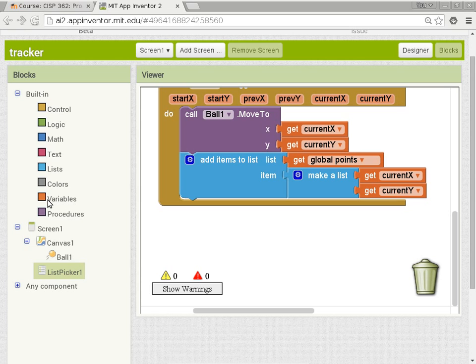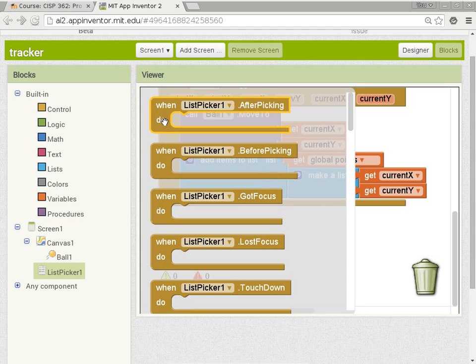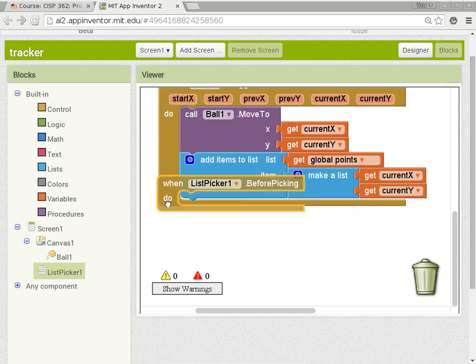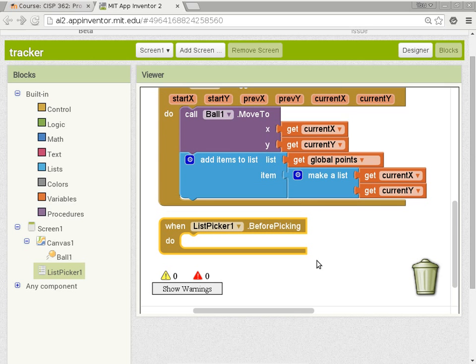Oh, musical chairs, yeah. It's kind of like that. It doesn't try to preserve the ordering of all the blocks that you have already set up and just beautify it, right? Just make it more square and have some space in between the blocks. It just says, okay, let me rearrange everything. I'll move everything around a little bit to make it fit. No thanks. Okay, so list picker, when list picker 1 dot before picking,